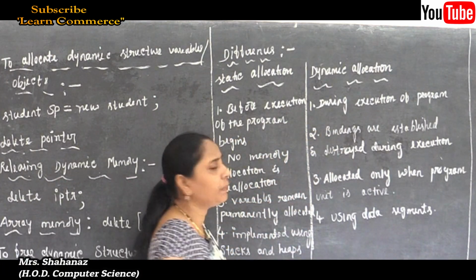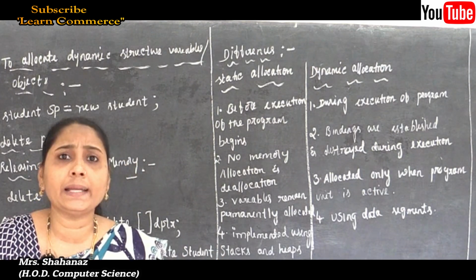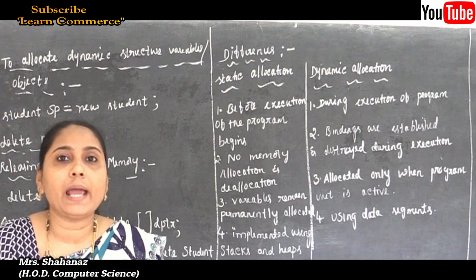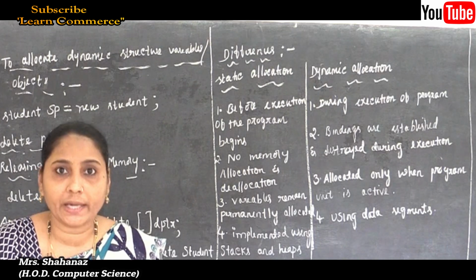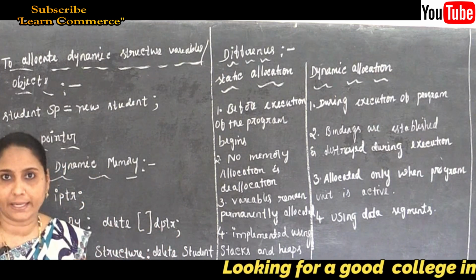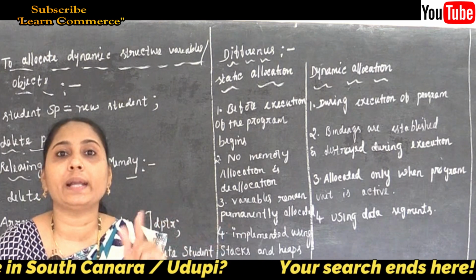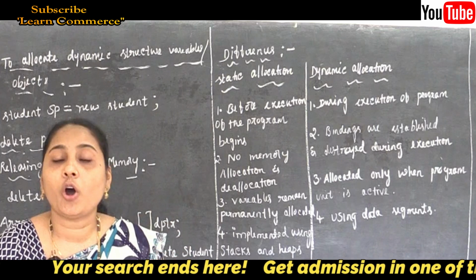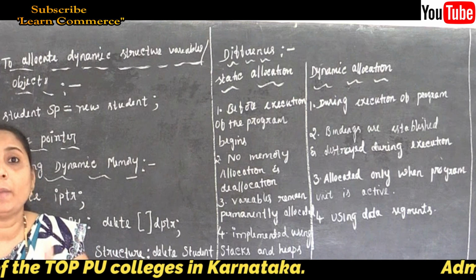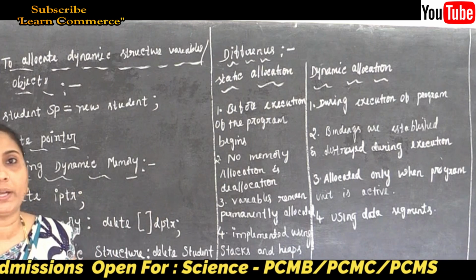Now what about the dynamic allocation of memory? Because we know the meaning of dynamic allocation of memory: the amount of memory to be allocated is not known, correct? Here it is not predicted. Why? Because such memory is allocated during runtime, when the program is going to run or when the program wants to increase the memory. So during runtime, as and when required, memory is allocated, and if not needed, it is deallocated.